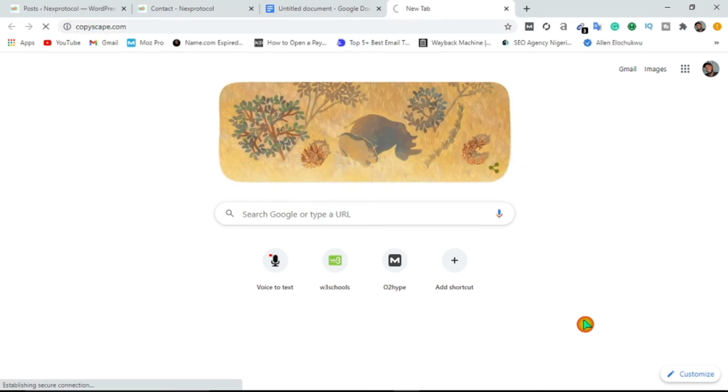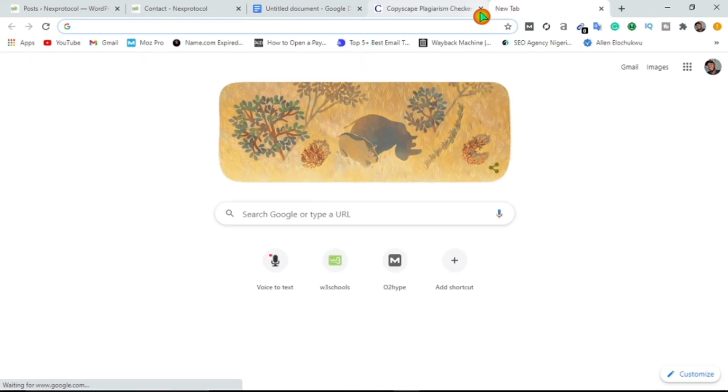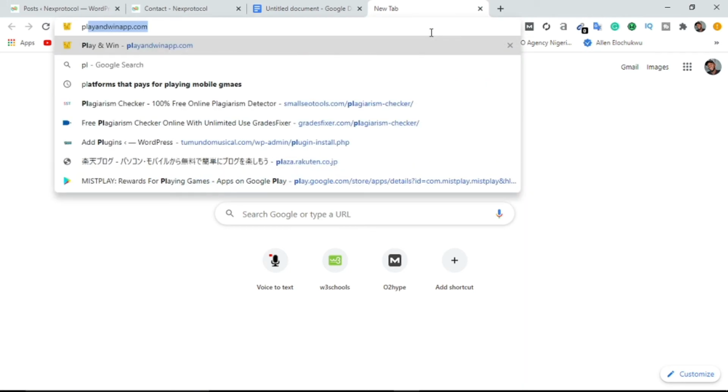What this website does is it helps you to find copied or duplicate content on your website. What you just have to do is paste your URL over here. When you paste it and click on go, then follow the instructions to find out duplicate content on your website. So alright guys, I'm going to give you a website that actually checks your content for plagiarism,